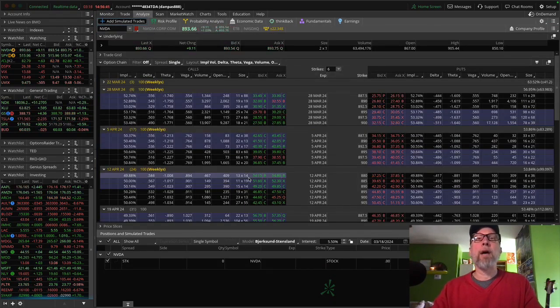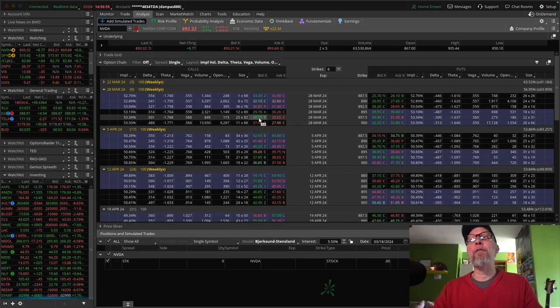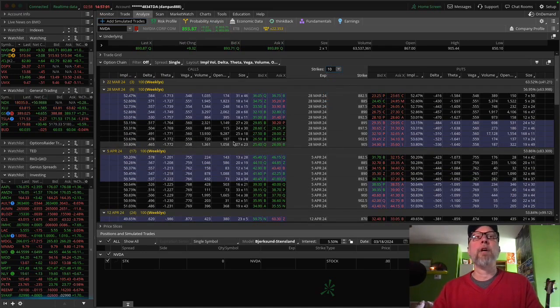Because if we were to buy a longer term option, maybe these 24-day 885 calls that have a 57 delta, it has a volatility of only 50, whereas we can sell an out-of-the-money call, maybe the 900 strike call, or maybe even go further out of the money, maybe this 905 strike call,